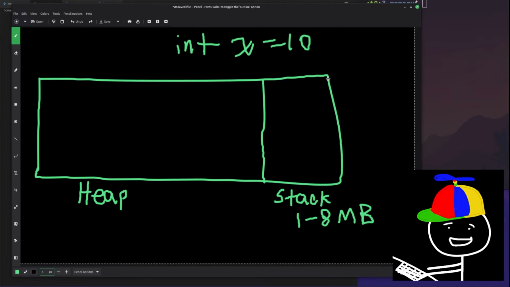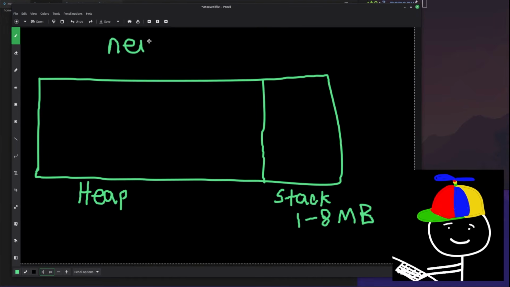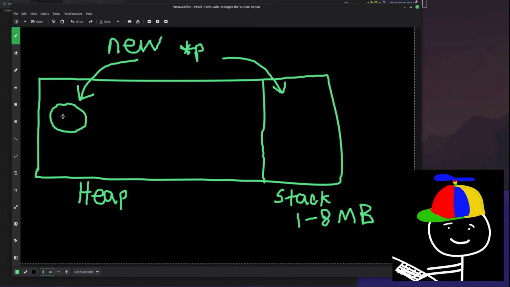Now, in the case that I was just talking about, mainly with class objects, we can choose to create the object and store its data either on the stack or on the heap. So what I just said was when we use the new operator, a pointer to that object gets created on the stack, but the object itself and its memory gets stored on the heap.